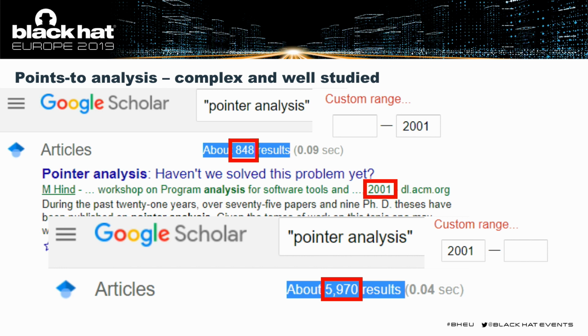And we haven't. There were around 800 references about points-to analysis, and now, since 2001, there are 6,000 more references, papers about the same topic, right? And the problem is hard because there is no library which you can use that will give you the information in a simple way and get, well, this points to there, and